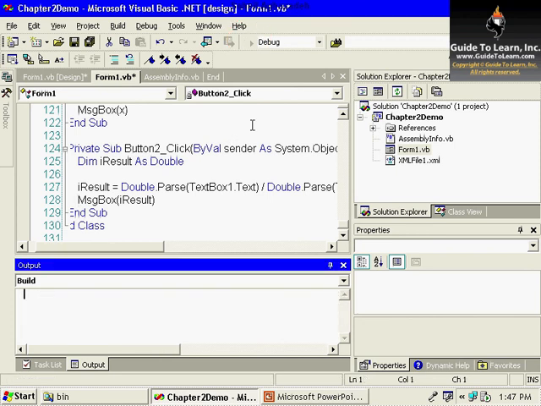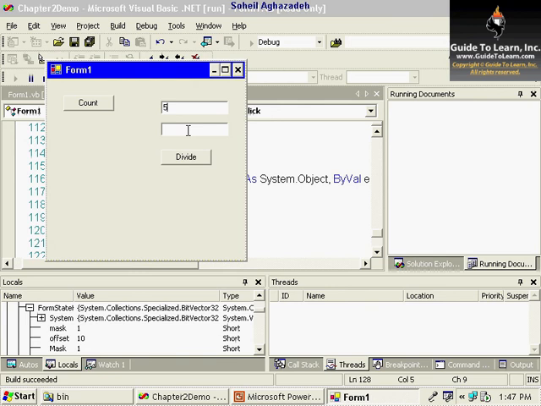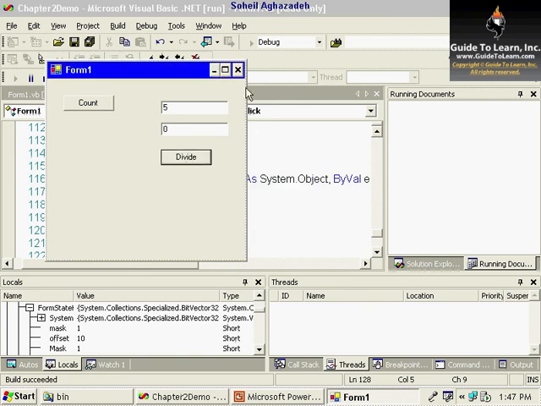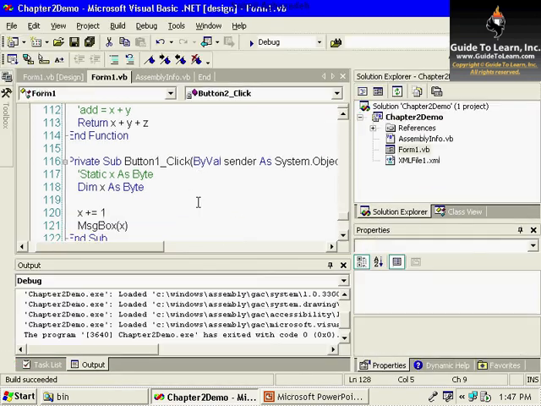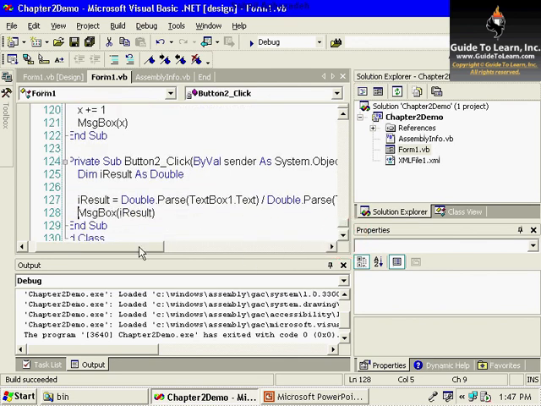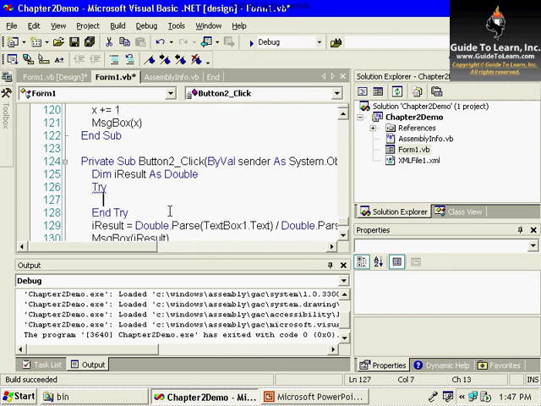Now let's see what's going to happen. I'm doing explicit conversion, 5 and 0, and as you see, automatically the exception handling will appear. The reason is that I'm using the common data type system, which automatically provides exception handling. However, if you wanted to specify your own exception handling routine, you could basically use the try catch